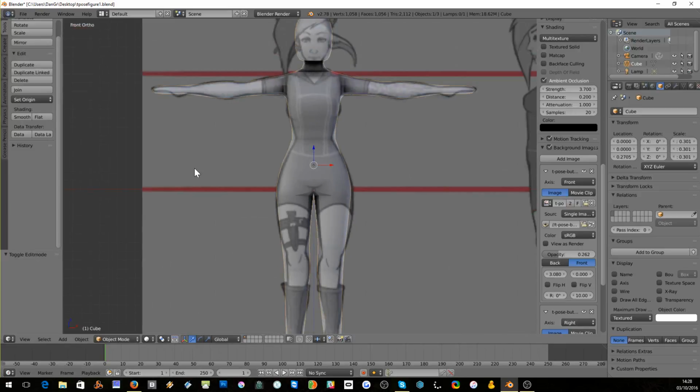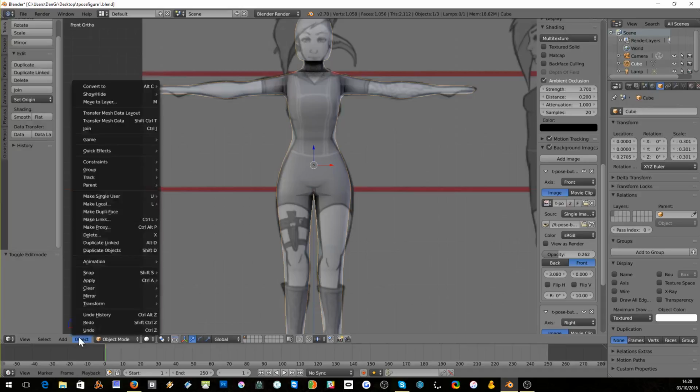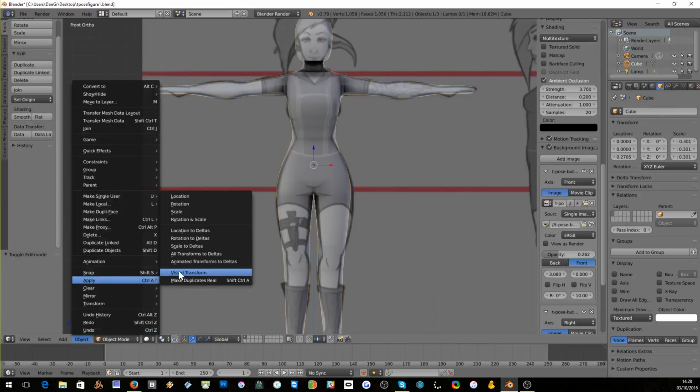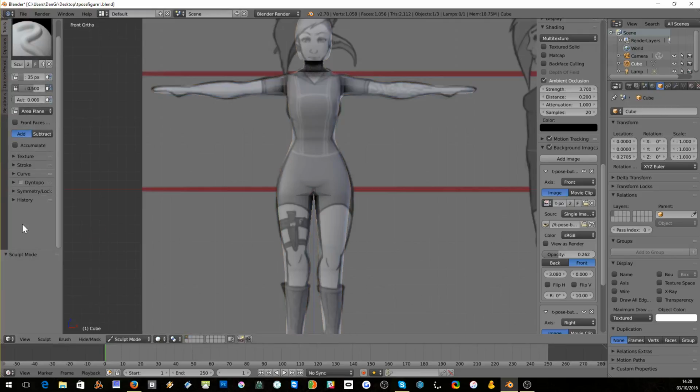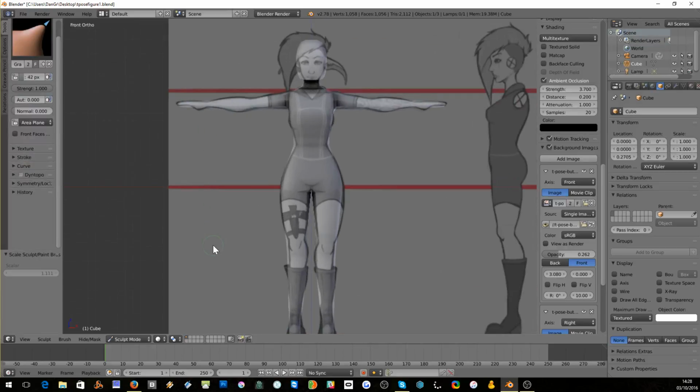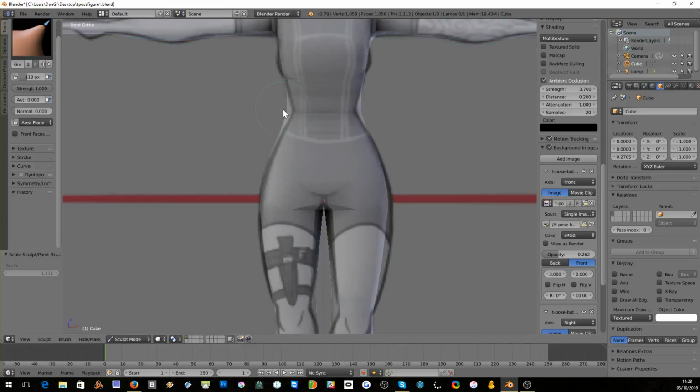So with the figure selected, it's worth checking we've applied the scale. Object, apply, scale, which just makes it better for sculpting. And then we go into sculpt mode. Now we're going to leave Dyntopo switched off for the time being and just get the grab tool, which we adjust the size with the bracket key, and we're just going to tweak and adjust the edges of the model